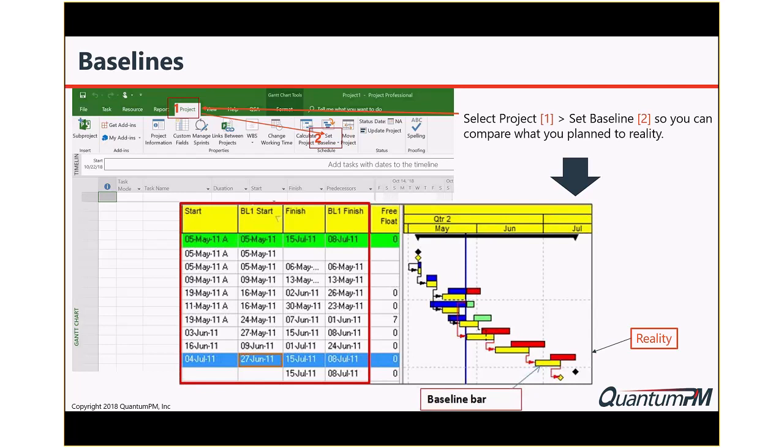You have a lot of data that's saved for you immediately as soon as you set that baseline. So it will capture wherever you are at that point in time. So you'll see in this little example here, there's a start date of May the 5th. The baseline captured that same date. And then you have other dates in there for when you plan to finish and when you actually finish. So all those kinds of things will be available to you so you can do the comparisons.